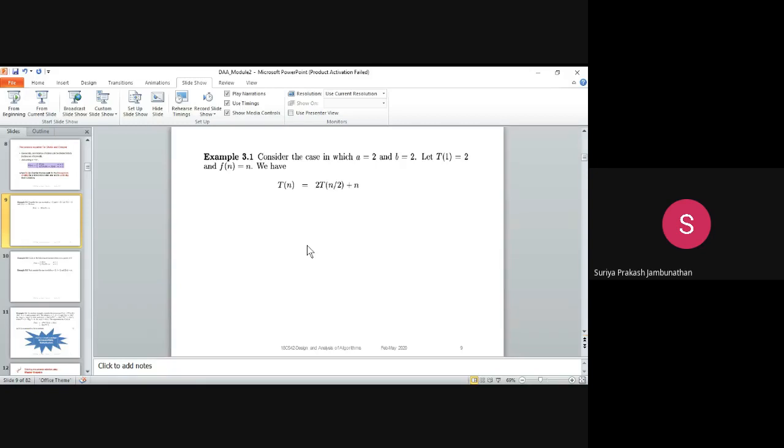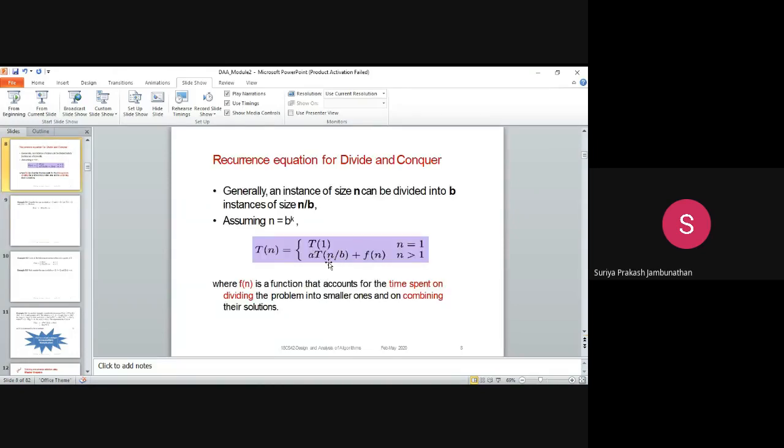Can you tell me the T of n? A value is 3, b value is 5, f of n is 2n. Can you tell me the T of n, students? Please substitute in this formula and tell me the T of n, the second formula.